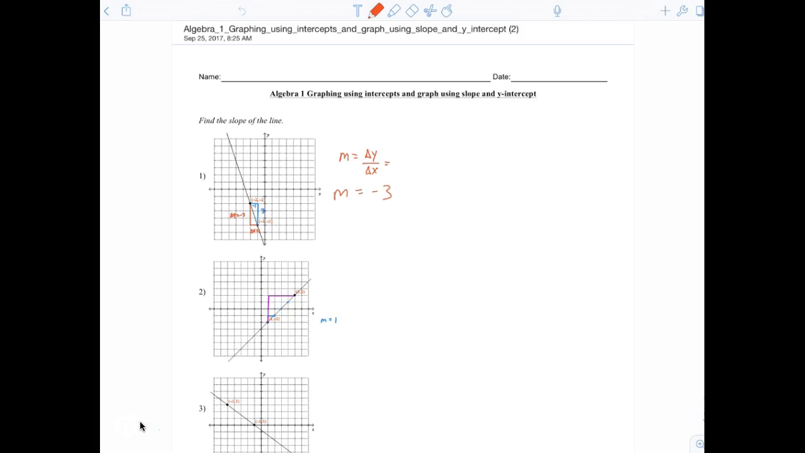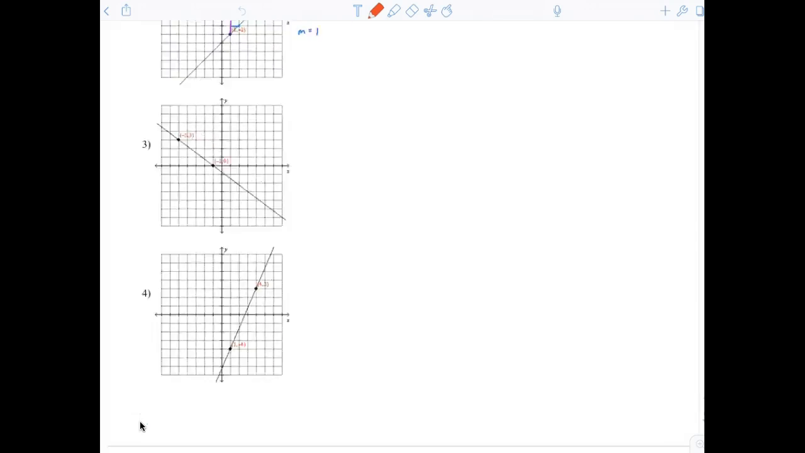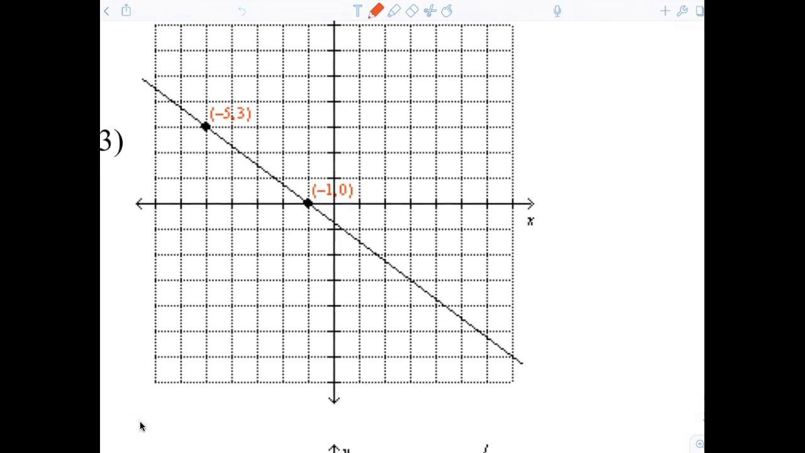This is a good time, if you weren't 100% sure, to ask me the question. I keep trying to tell somebody, there's no point sitting here and not knowing something. So we're going to start with question number 3. Now, if you recall,